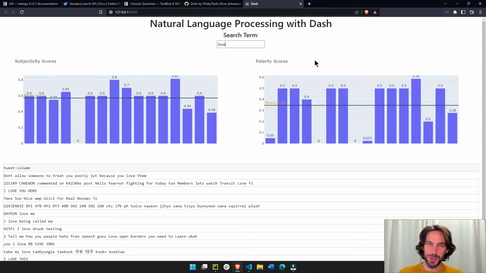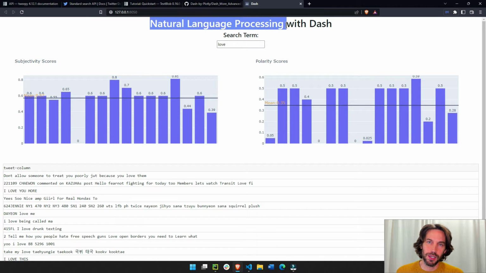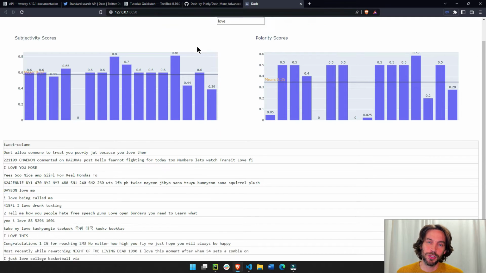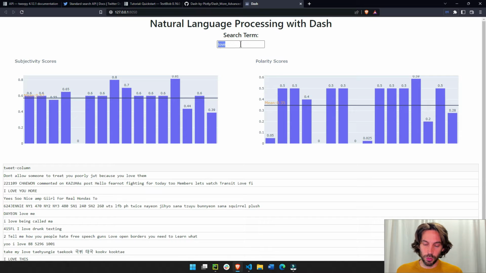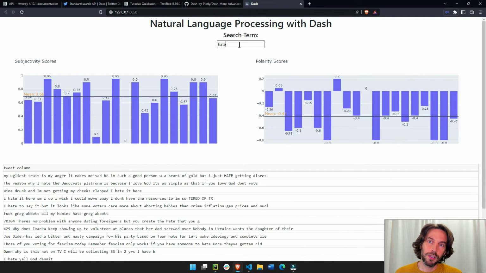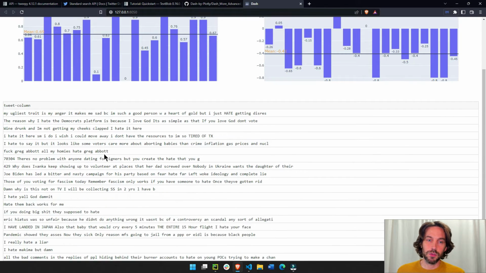Hi everybody, welcome back. In today's tutorial, I'm going to show you how to combine natural language processing with Plotly and Dash to create this beautiful dashboard that does a natural language processing sentiment analysis on different tweets from Twitter. In this case, the user can put any term they want to search on Twitter. So we'll put here the term, let's say hate, and enter, and you'll see that it will spit out all